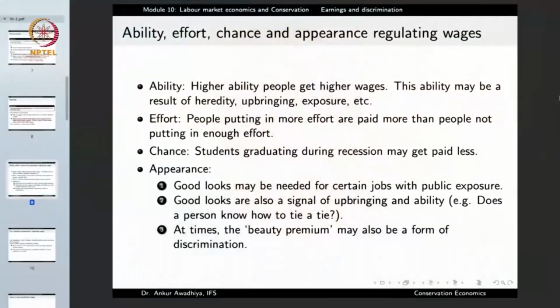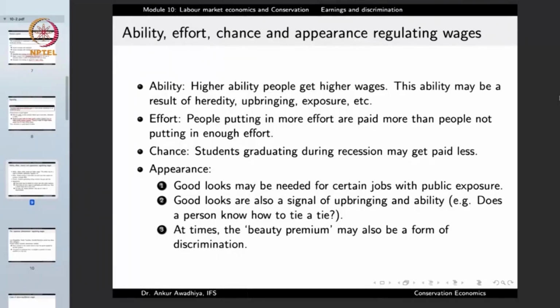What we are saying here is that suppose you have two people who are working in a job, say they are working as porters. Now, one person has a higher ability, which means that he can work for longer hours and he can pick up heavier weights. Now, this person with the higher ability will at the end of the day earn more than a person with a lower ability. Now, this is because the person with the higher ability is able to put up a greater marginal product. So, in this case, what we are saying is that people with higher ability get higher wages.